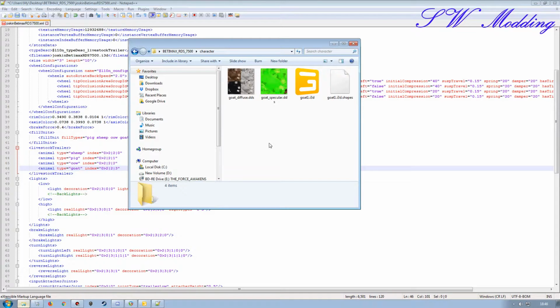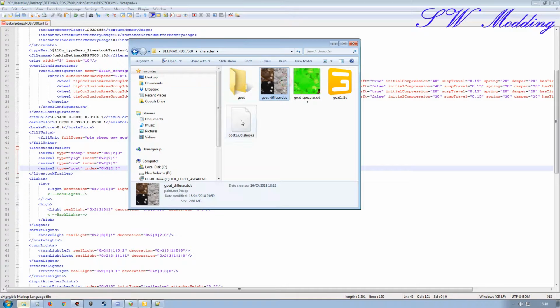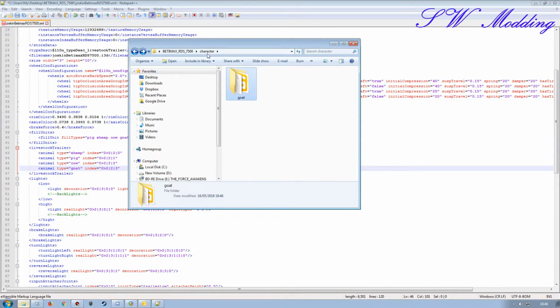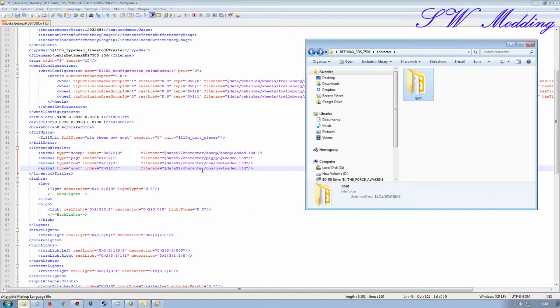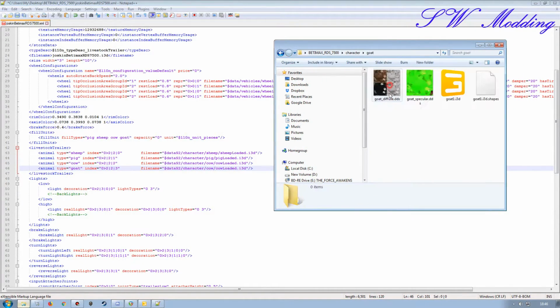So if you wanted to, just to keep everything structured in a similar fashion, let's change that to goat, then highlight all this stuff, Ctrl X, and paste it into there. So we've got a similar kind of folder structure to what the Giants setup has. So we need to change that to goat,